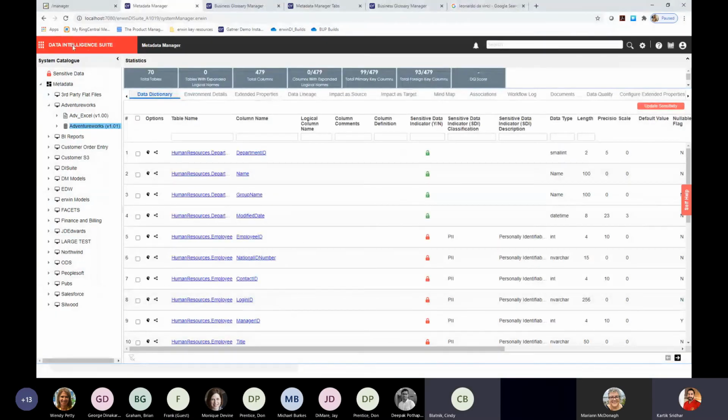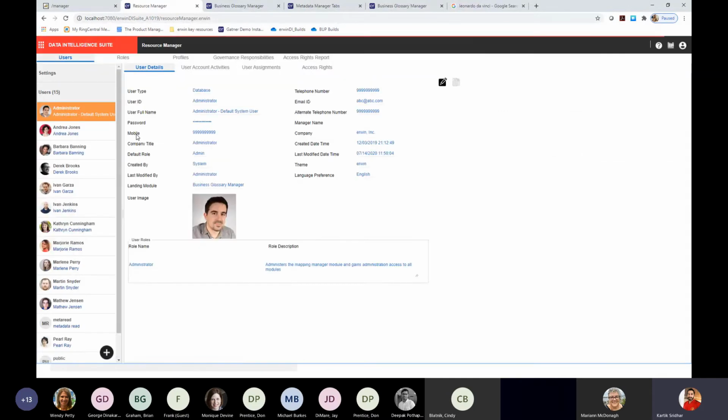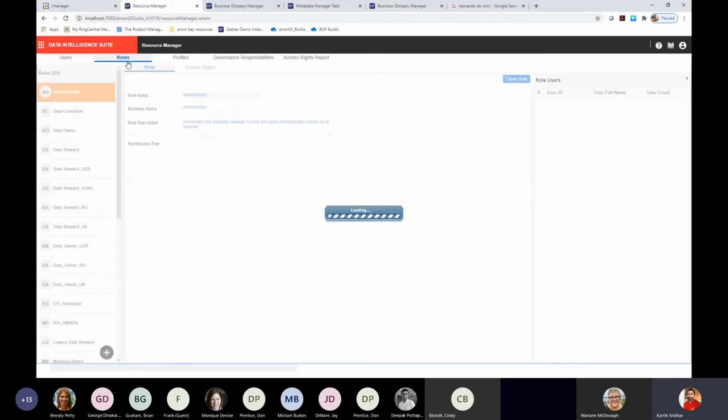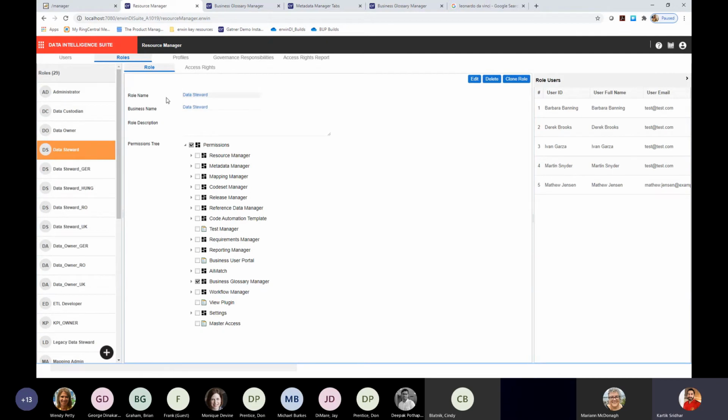And from a security and accessibility perspective, what we've also done is, now when you go into Resource Manager, you now have the ability to, again, depending on the type of organization or what your best practices are, restrict access by user, or you have the flexibility to restrict access by role as well. When I click on this data steward role, you can set the permissions as to what this role can do in the product. So whether they can only view something or whether they can edit something, what components of the product they can view, what components of the product they can edit, and so on.